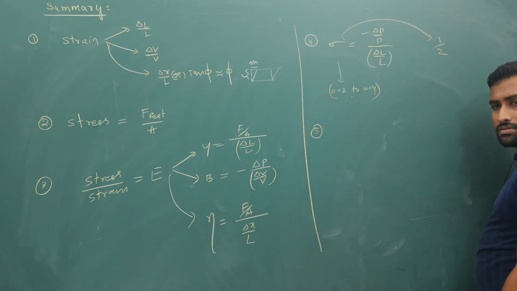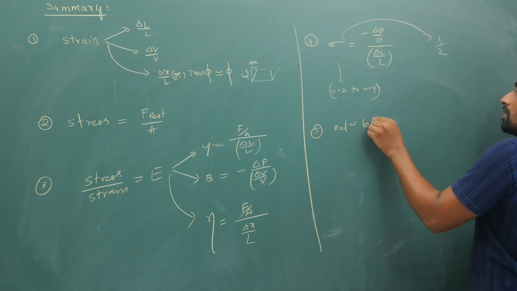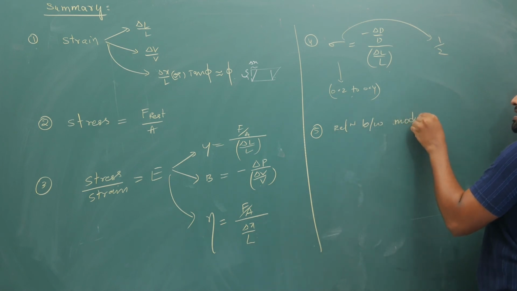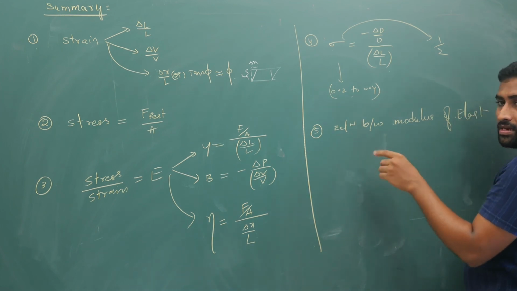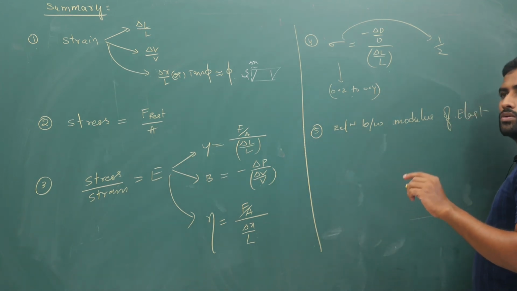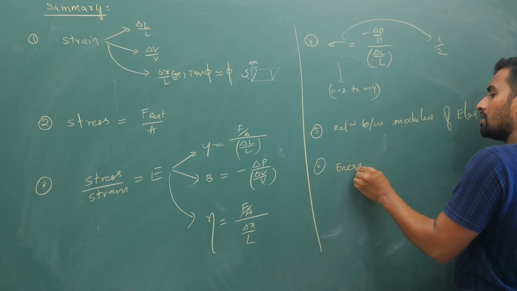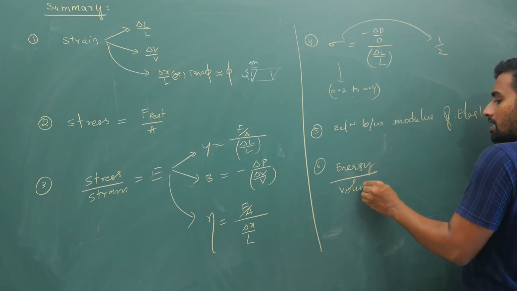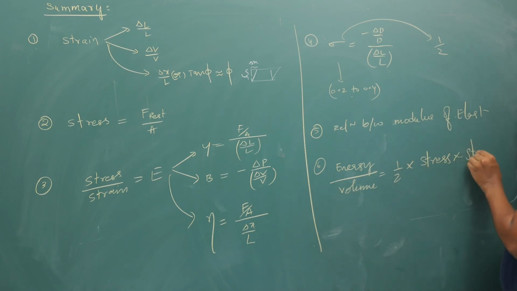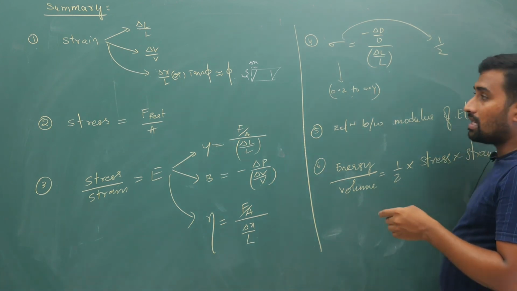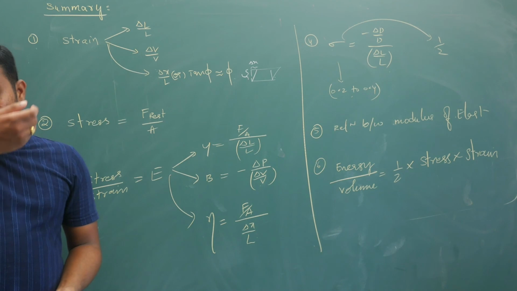Then what else we have seen is the relation between moduli of elasticity. I don't remember it, but because you are writing the exam, you must remember this. I have given it only in terms of Young's modulus, so out of those equations, you solve any two and you will get the third. And then your energy by volume, that is your energy density, is half into stress into strain. If you want complete energy, you multiply the volume on the other side. This you must have learned from the last two classes.